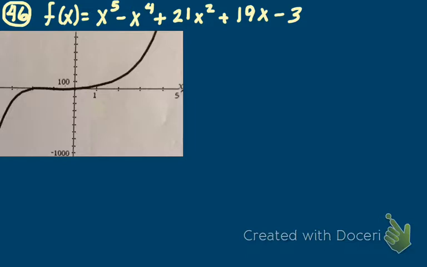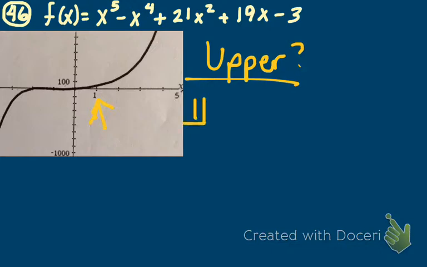All right, so here we go. Let's start with upper because it's easier to work with. Well, in this picture, it's pretty clear that the curve does not intersect at 1. So wherever this intersection point is, wherever the 0 is, it's before 1. So let's try 1 as our upper bound. So make yourself a note. We're going to look at this as a candidate as an upper bound. So you put a 1 outside, and then we put our coefficients in order, and they are 1, -1,